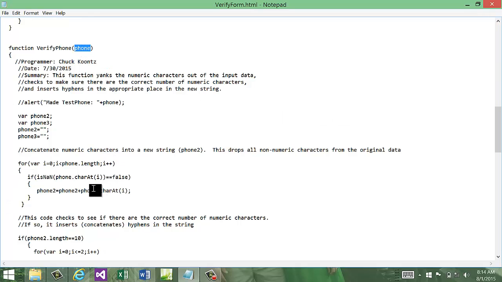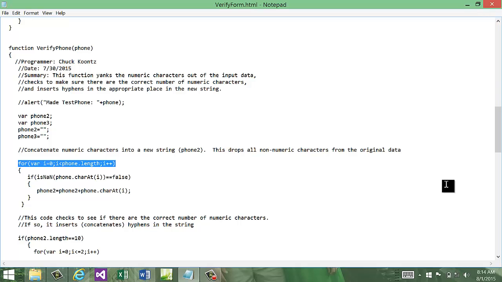It's going to extract out of that input just the numeric characters. There is a length property associated with strings, and I had mentioned that in a previous video,